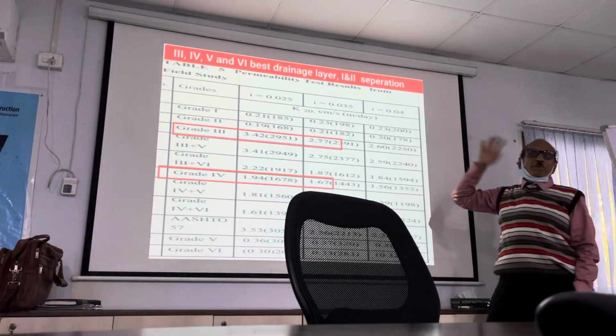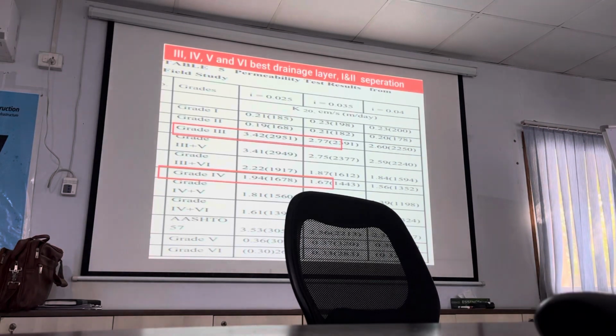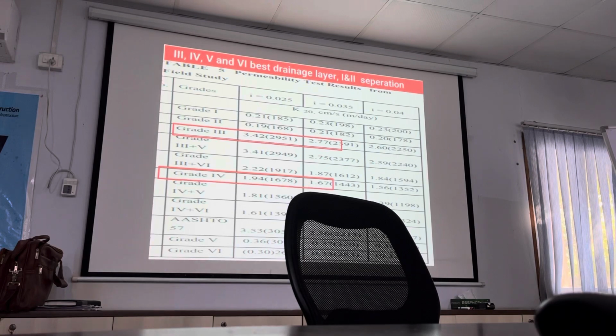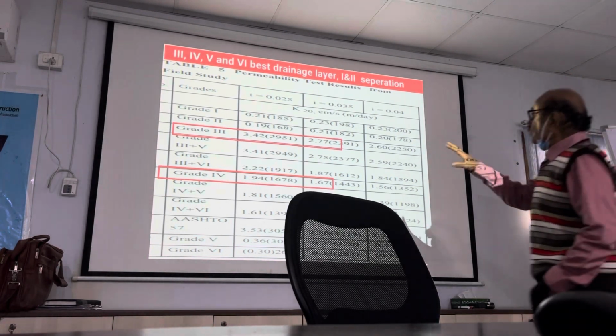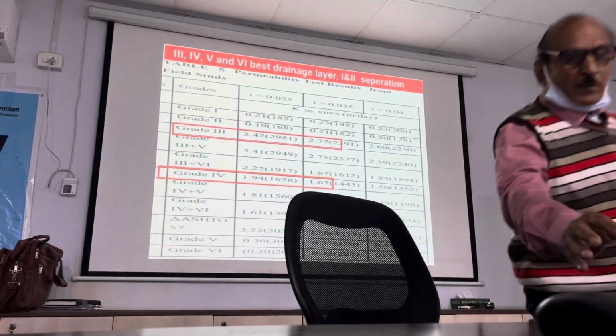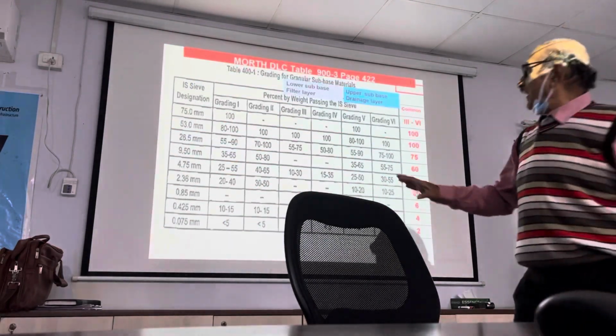3.5% camber, 4% camber. So we use this study in the MORTH IRC code, and we have revised based on this work IRC 15 and IRC 37. In IRC 15 and IRC 37 for flexible pavement, we have changed this rule. Now we are using 3 and 4 as a drainage layer,